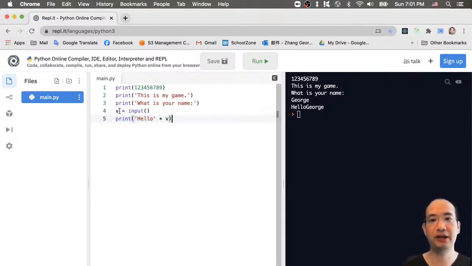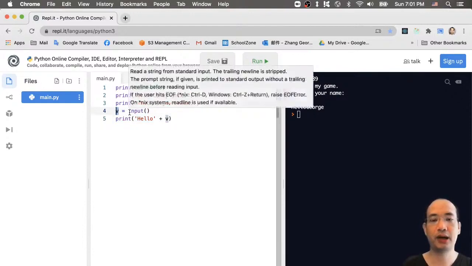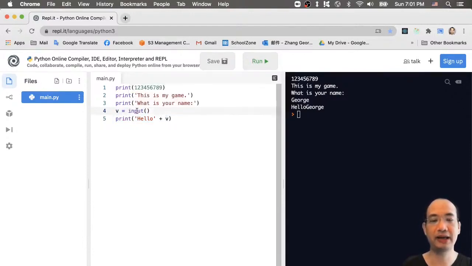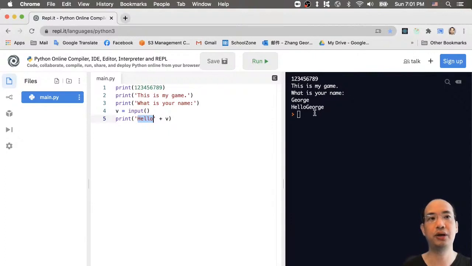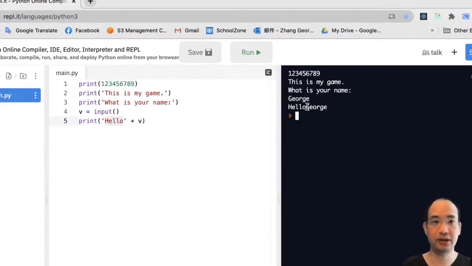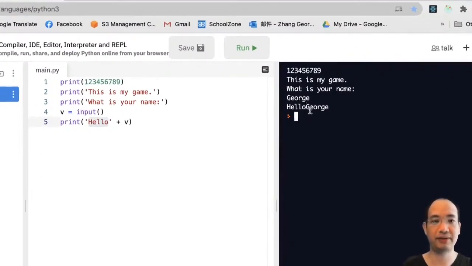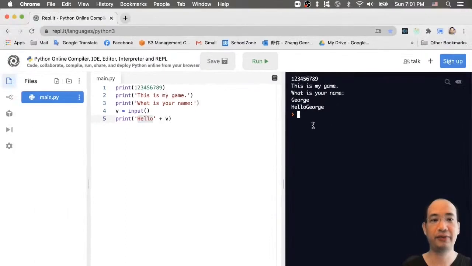and do the v. The v is just a character, and it should have the equal sign and the input built-in function here. Now you have the v, and use a plus to join the v with the hello, and it should show hello George. But what I want you to do is fix the problem with the space over here, because they are joined together but don't have a space. So if you already fixed this problem and you run the program,